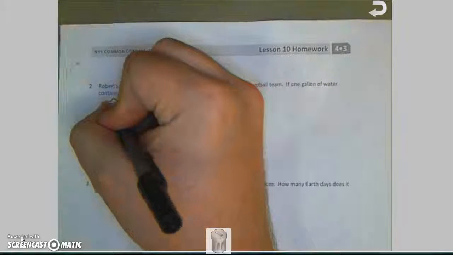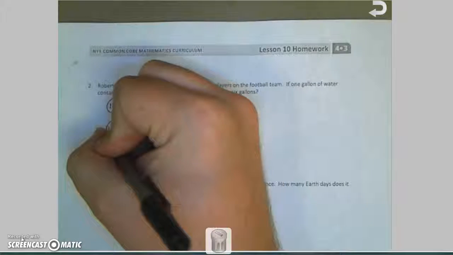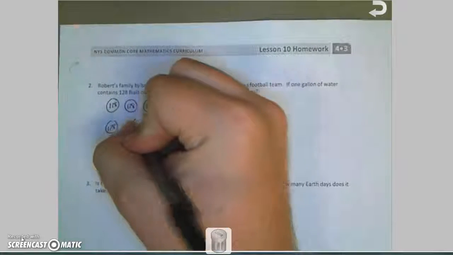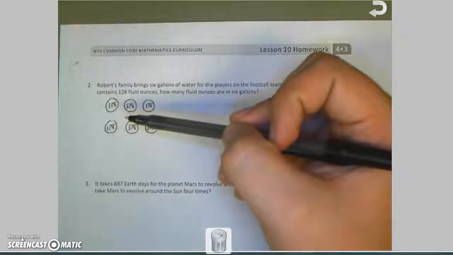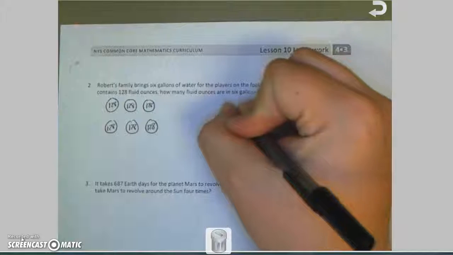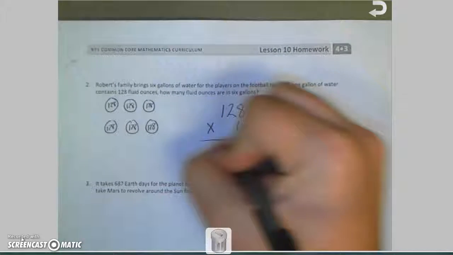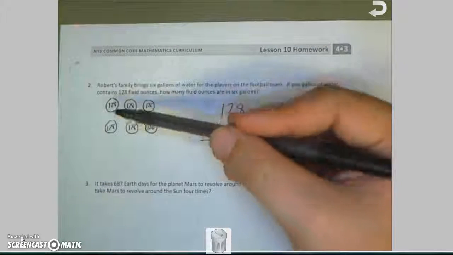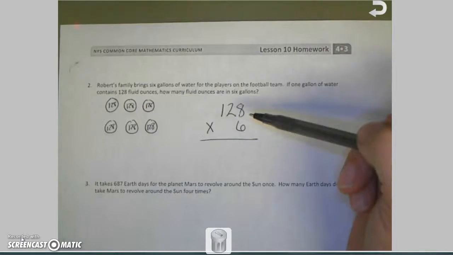Each gallon has 128. So I need to figure out what 128 times 6 would be. Now you could have added 128 6 times, but we're doing multiplication to speed up our